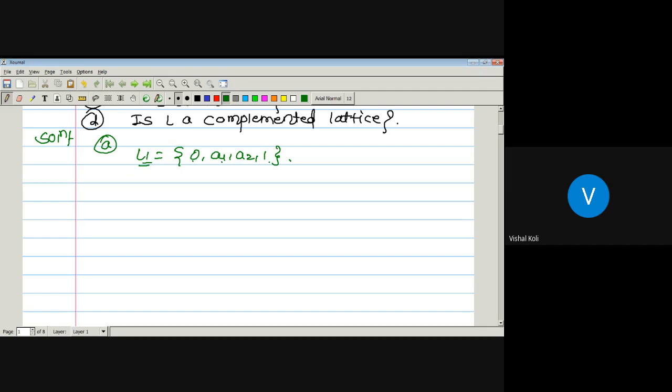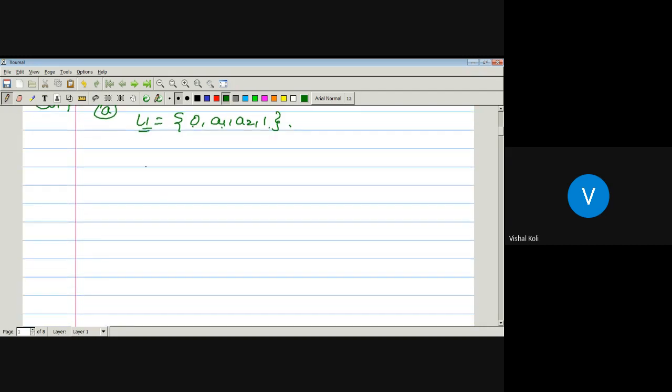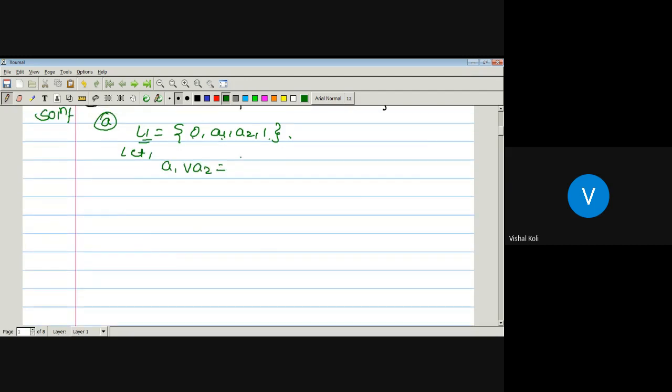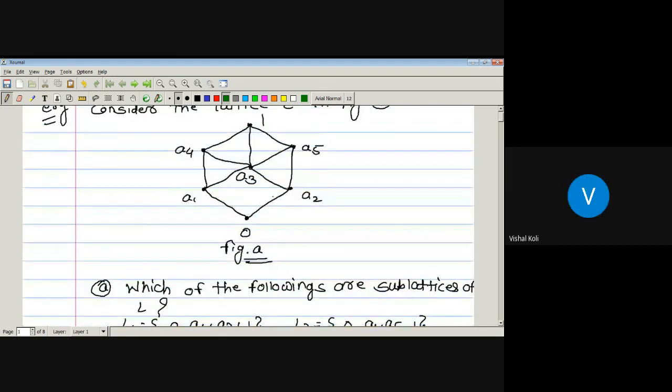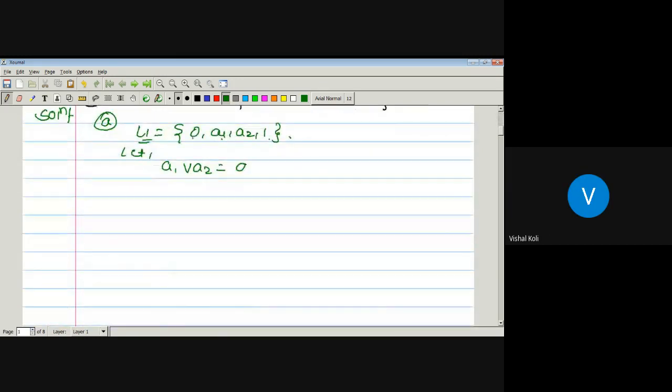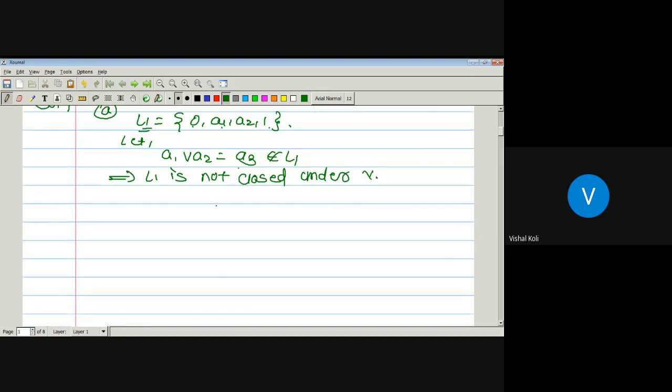Now it remains to check for A1 and A2. So let A1 join A2. What is the join of A1 and A2 from the Hasse diagram? A3. Okay, so A1 join A2 is A3. Now whether this A3 belongs to L1? No, sir, A3 is not in L1. It means L1 is not closed under the operation join, which means L1 is not a sublattice of